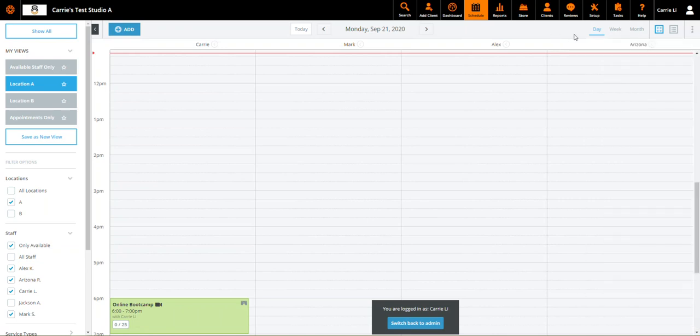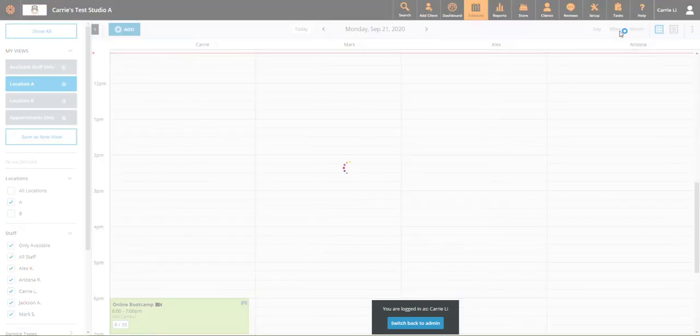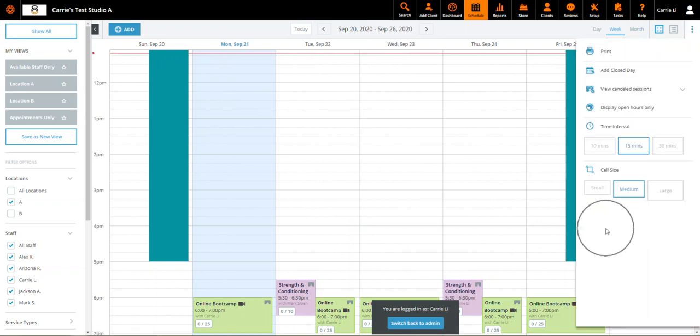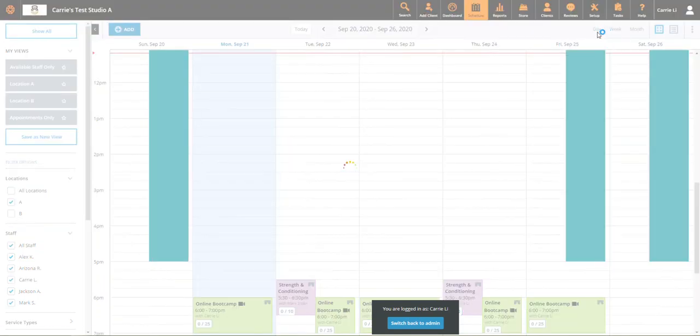Another thing that I want to point out is currently we're on the day view. So we're on the day view and the calendar view. Let's take a look. If we go ahead and leave it as a calendar view, but if we go into a week view, let's see what happens. So we click on this, now we go back into the settings filter. We no longer have the option to change the view from either a staff mode, a location mode, or an asset mode. So the specific view for us to see the availability of an asset must be in a day view